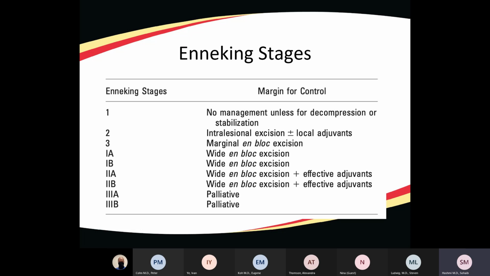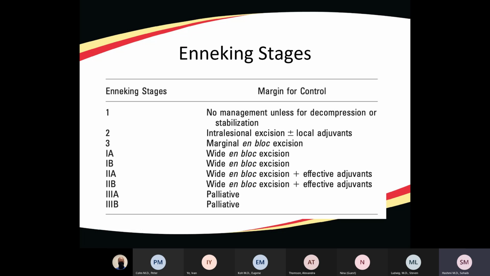So the Enneking Classification came around the 1980s, and it was a modification of the Enneking Classification for the appendicular musculoskeletal tumors. The tumors were staged based on biologic aggressiveness, anatomic extent, and the presence of METs. And it was meant to predict the prognosis and also guide the choice of surgical margins in patients with primary